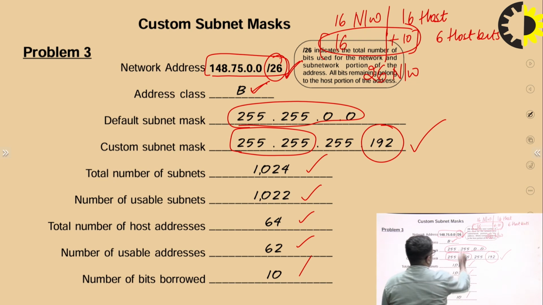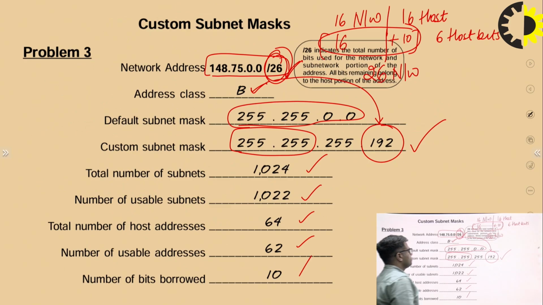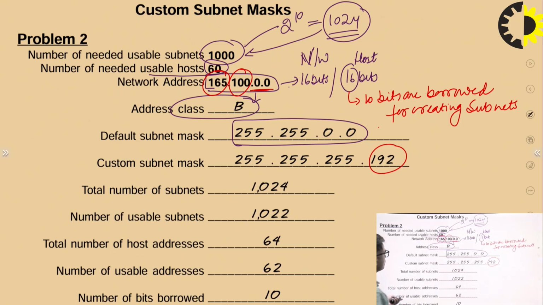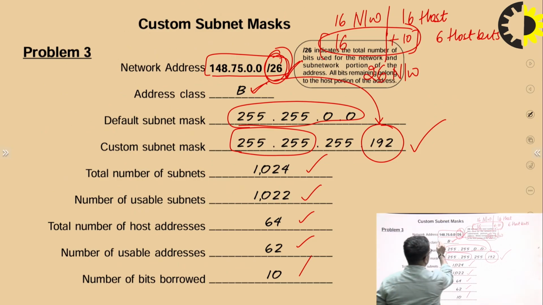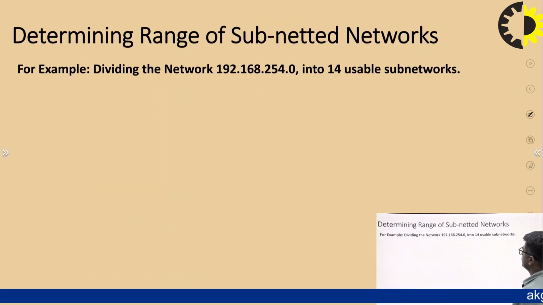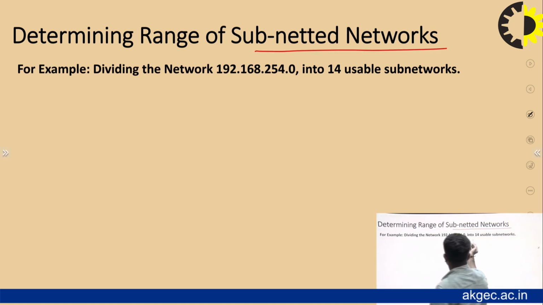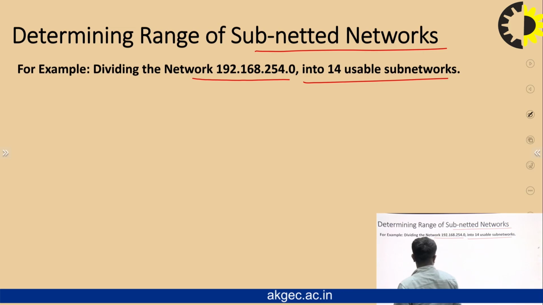If I'm going to use this subnet mask, it will result in this 192. That means again it's exactly a similar question as mentioned here. The only thing is that here the network was 165.100 and here the network is 148.75. That's the only change. Now determine the range of subnetted networks. So if we are asked to create 14 usable subnetworks in this network,